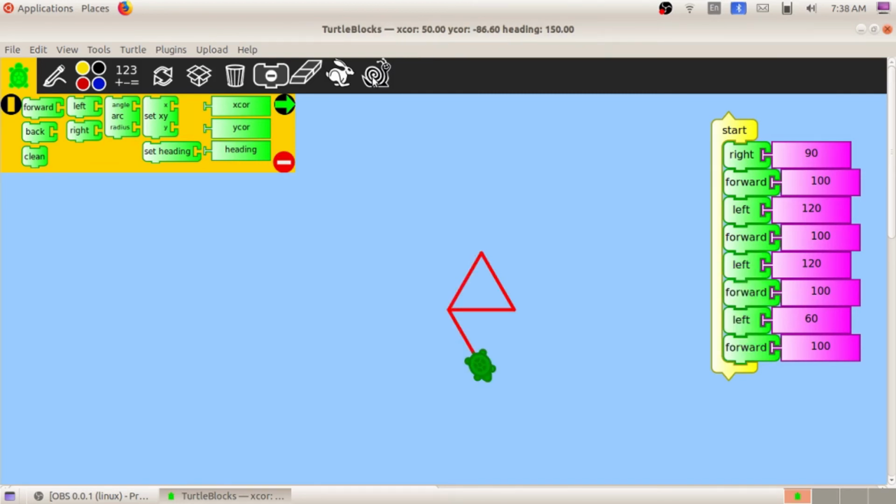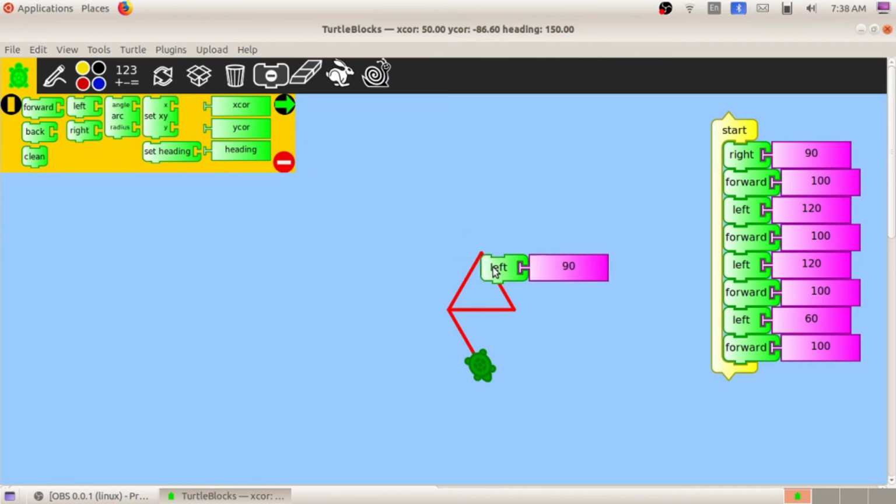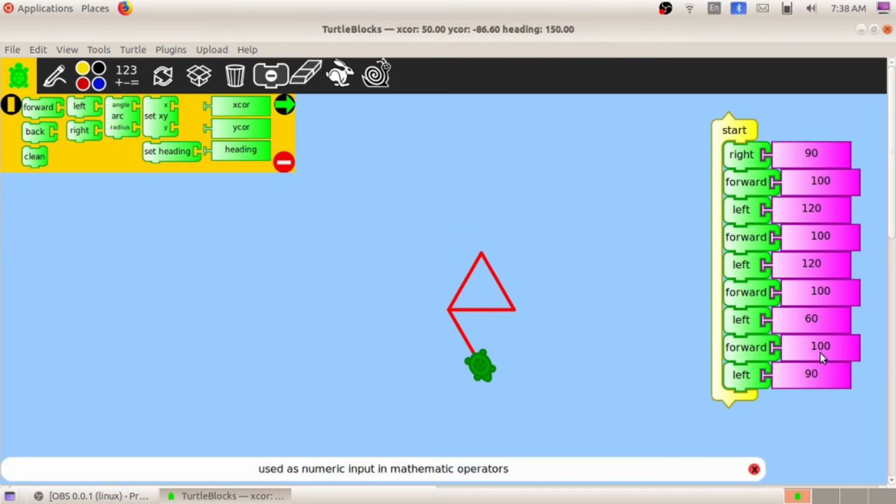Yes, now again he needs to turn left 120. Only at this stage we need to turn the tortoise 60 degrees, and the rest are all the same 120.